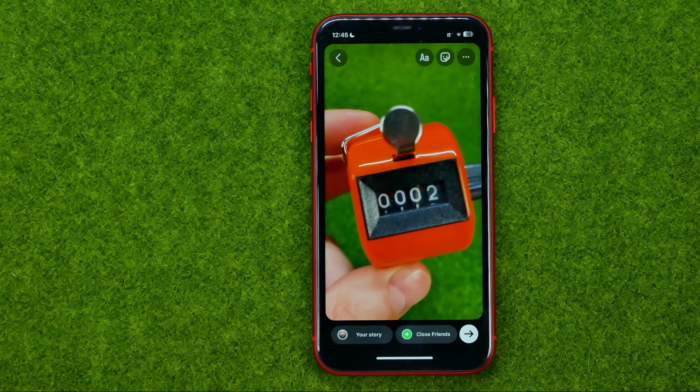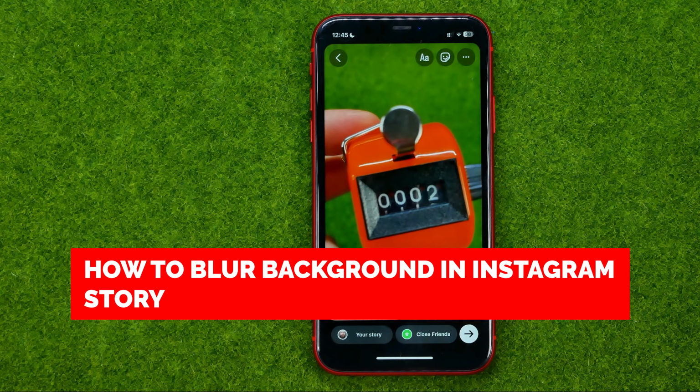In this video I'm going to show you how you can easily blur background on your Instagram story, just like